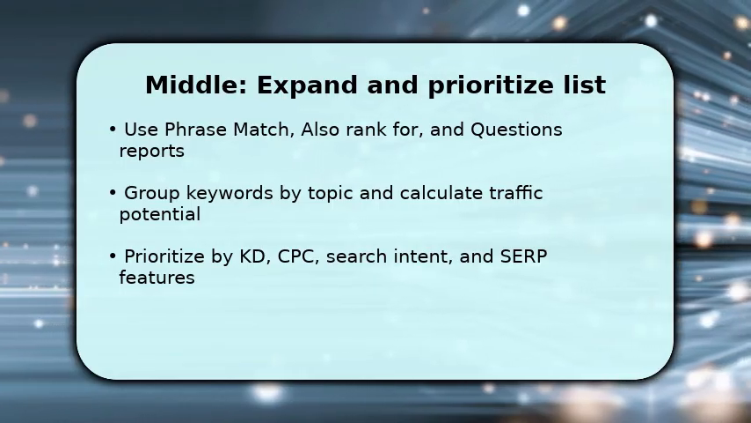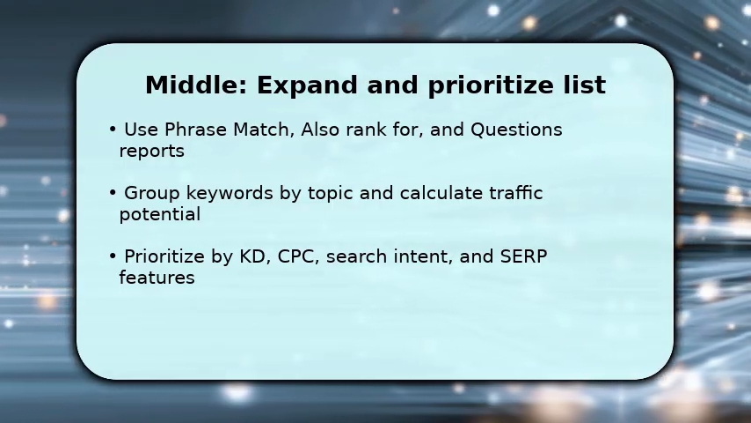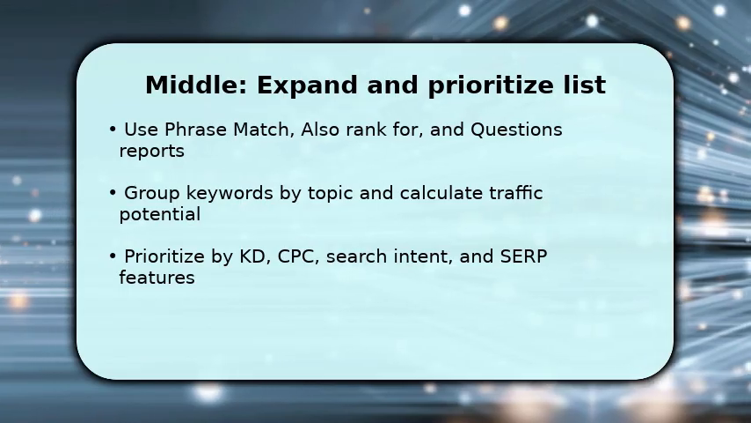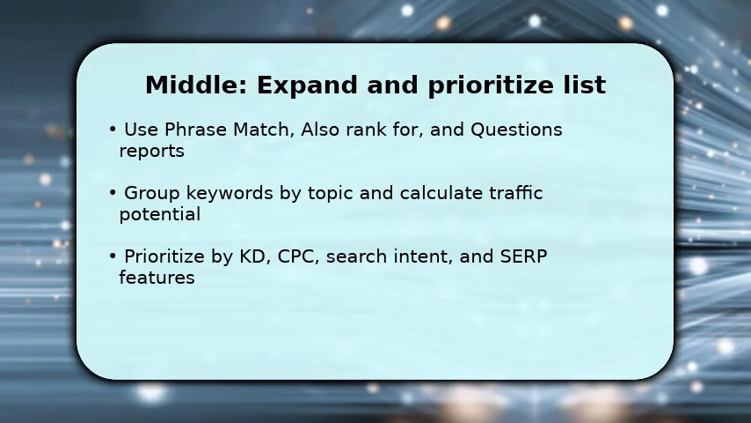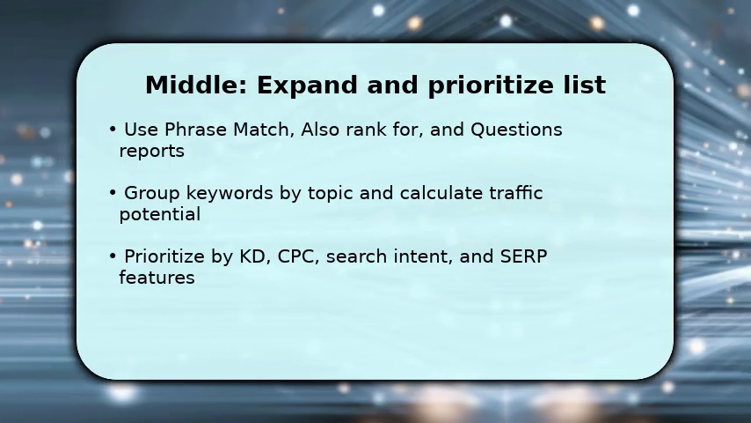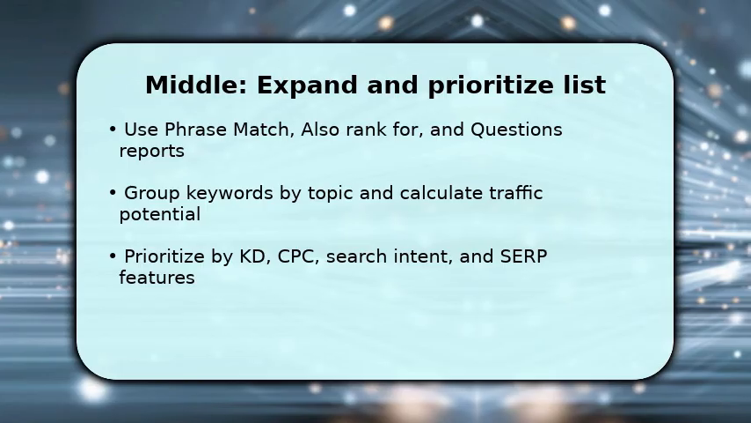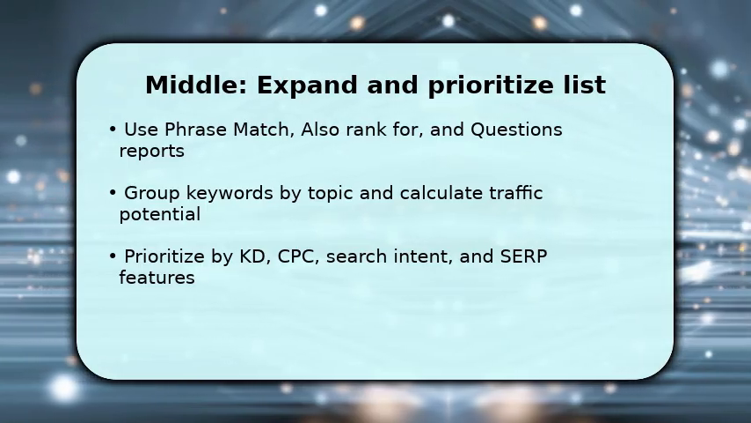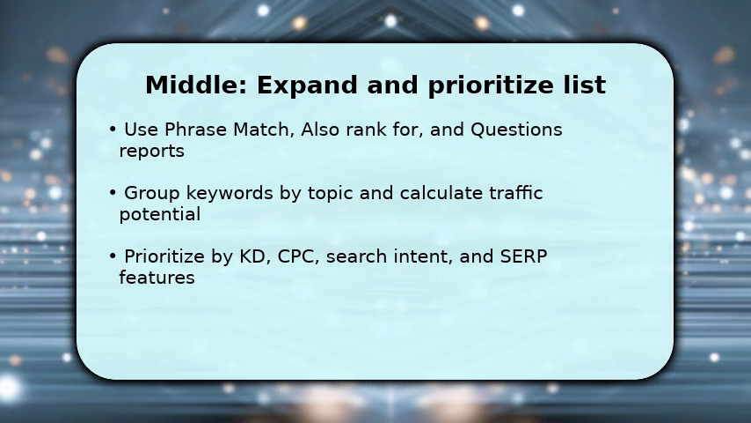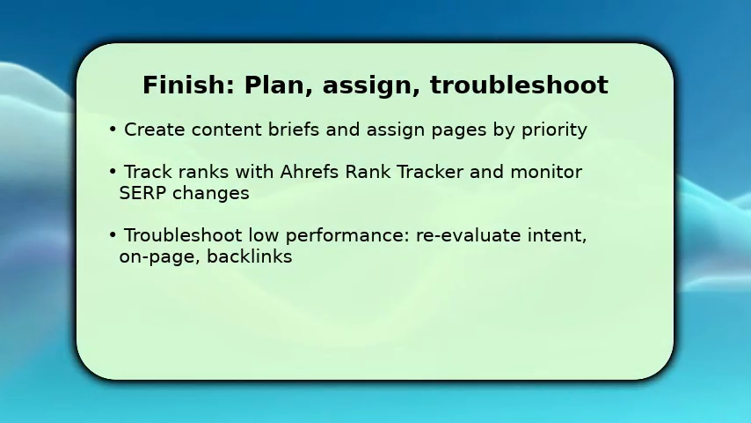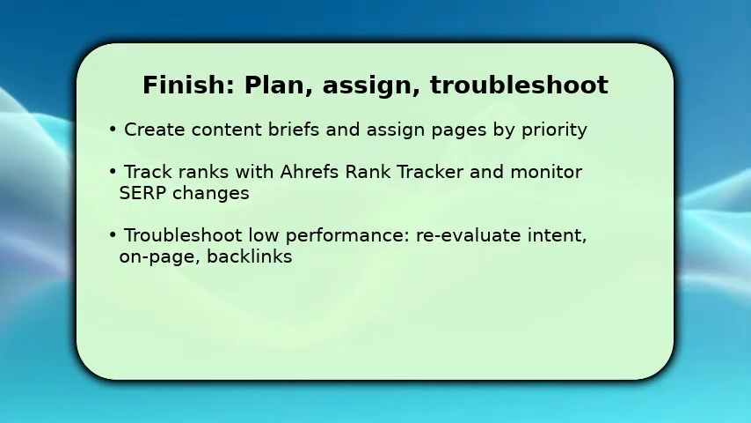This boosts topical authority. Once grouped, calculate traffic potential by multiplying position CTR estimates with volume and sort by keyword difficulty versus expected effort. Make sure to flag high CPC terms for commercial opportunity, and note SERP features like featured snippets that change approach. You finalize by turning priority clusters into content briefs with target keywords, headings, and internal linking